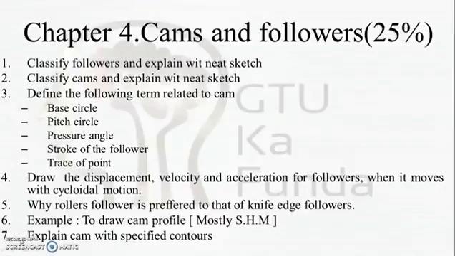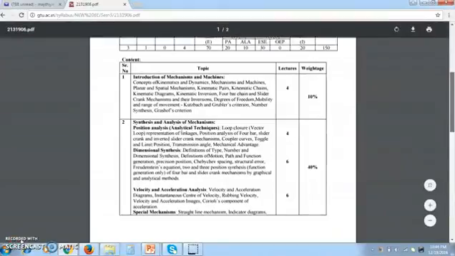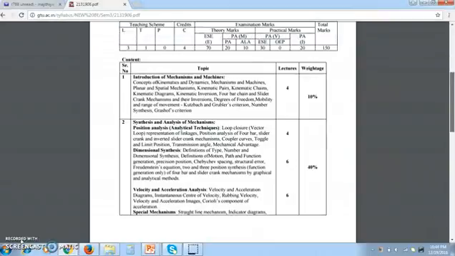Now if you have any problem with how to prepare this subject, then since the examination is near, I can tell you some plans if we go through the syllabus. So you can see that this is the syllabus for the CAM subject, and this subject is only for 2 days. Now see what I am telling you: give the first day for the first chapter, introduction of mechanism and machines, and give the